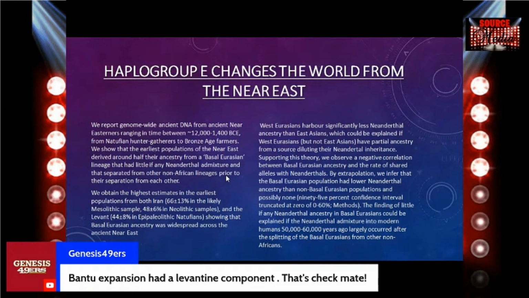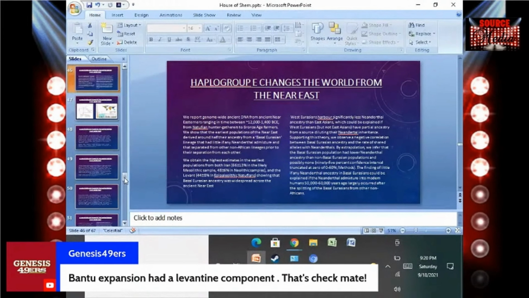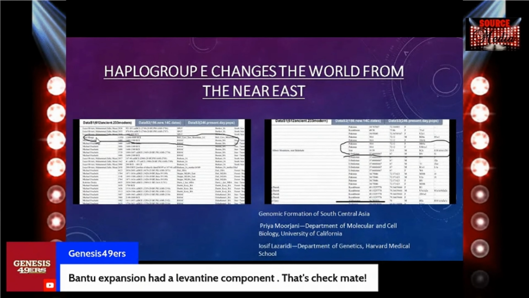We obtained the highest estimates in the earliest populations from Mesolithic Iran, which I'm going to go into. Actually, I'm going to skip ahead in my presentation to drop this one right here, because I think this blew me and Jashu back. We were just talking about it beforehand. Right here, you can see this is 12,000 to 8,000 BCE, about 10,000 years ago, in the Belt Cave of Iran in the Mesolithic. Look over here in Pakistan. This is not in Pakistan, my bad. In Hotu Cave.